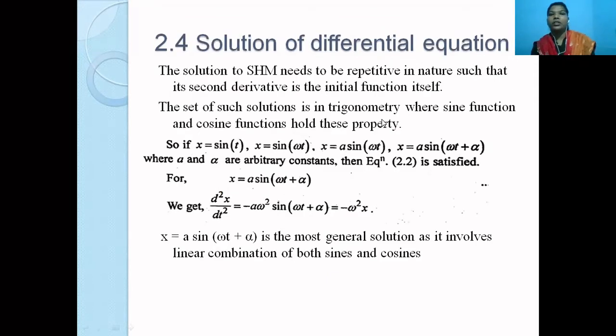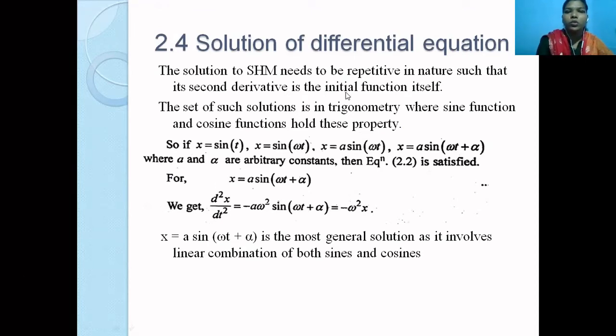Okay, so the next point that we have is solution of differential equation. Once we talk about solution of differential equation, the question that must arise in your mind is how to determine whether a given equation or a given function is a solution of a differential equation. So we need to understand a few tricks that we can use to decide whether a given function is a solution of the differential equation or not. So how can we do that?